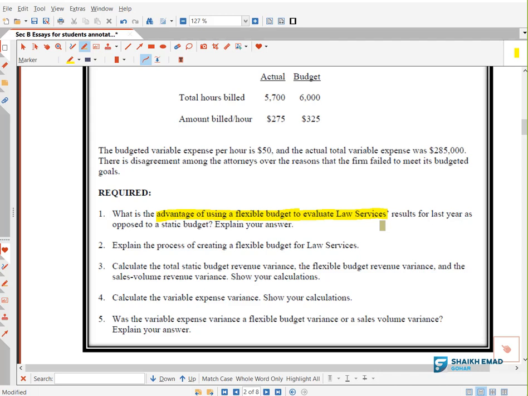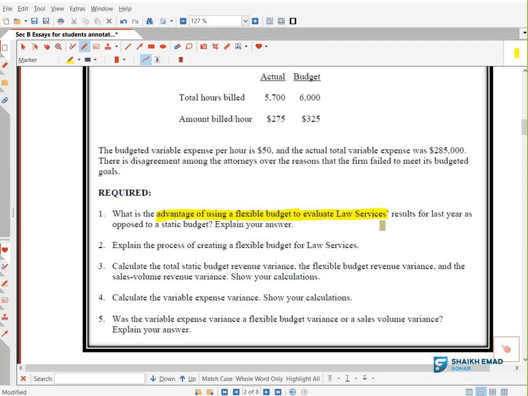It means they are asking you why we will calculate the flexible budget variance and not the static budget variance. This is the question. Getting it, everyone? And I just explained in these 5 minutes why we calculate the flexible budget variance,